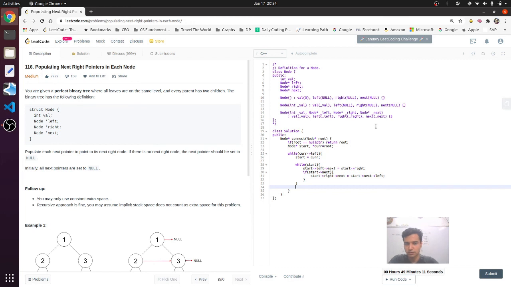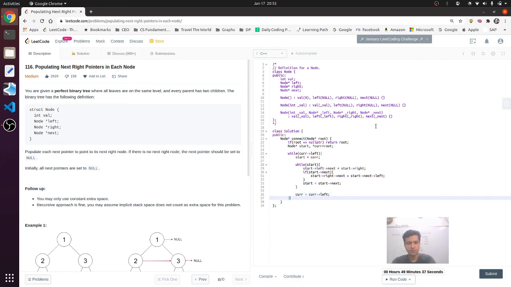Now we have to move at every level to the next. After that we have to move to the next level in the series, which is left, right?